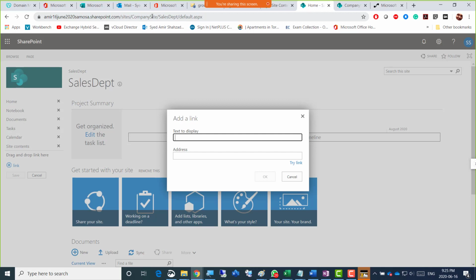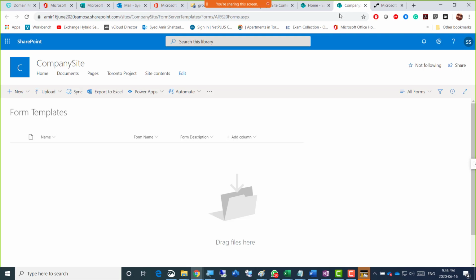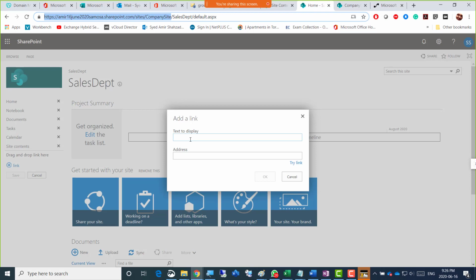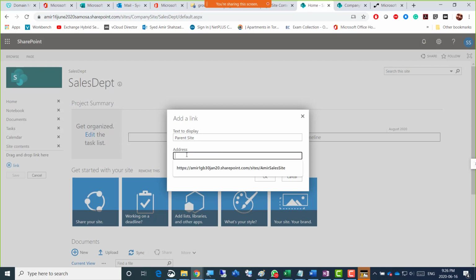I just want to copy the above, this one, right? I want to copy this. But this is the company site proper, and if I go to the home button of the company site, yes, you can see that's exactly the link that I just copied there. So the text to display here would be, okay, there's a parent site. We can say parent site, whatever you want to say there, parent site, or simply home site or company site, and then just put that company site.